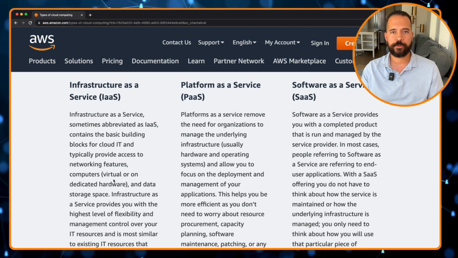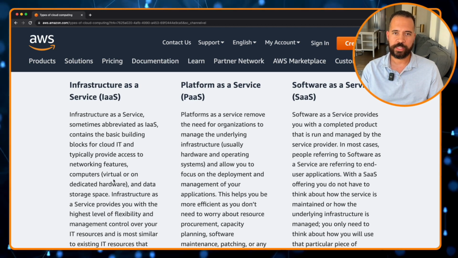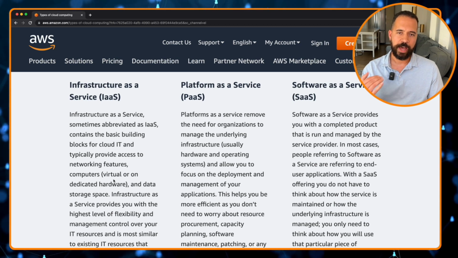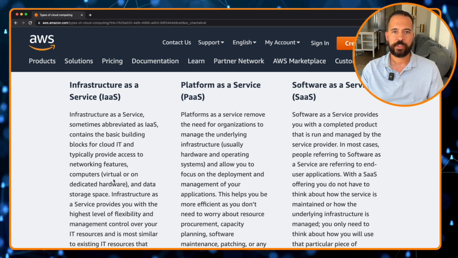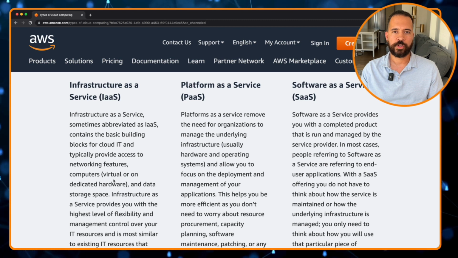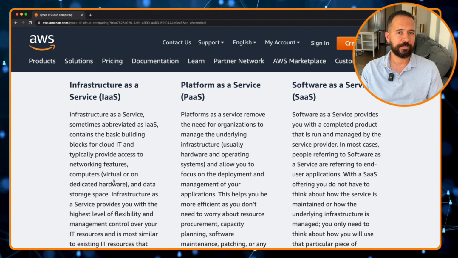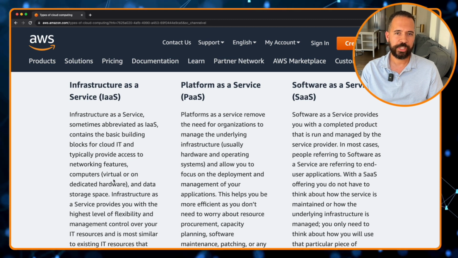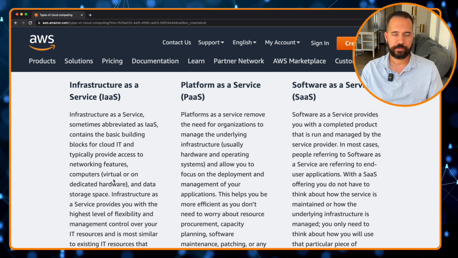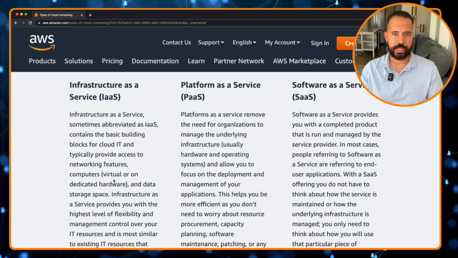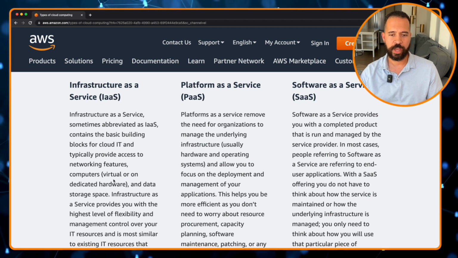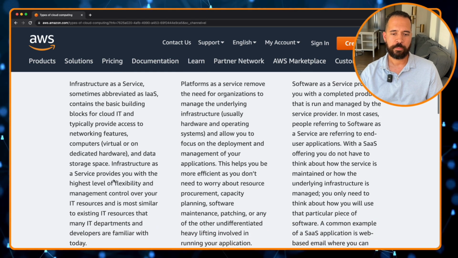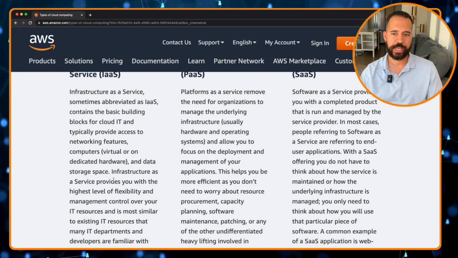So if you spin up a virtualized server, that's great, and you don't have to worry about the hypervisor and that underlying compute platform underneath, but you still need to manage that virtual server, the operating system, patching it, and all that care and feeding. So infrastructure as a service is great. It does allow you to be agile, but you just have to maintain more of that particular stack.